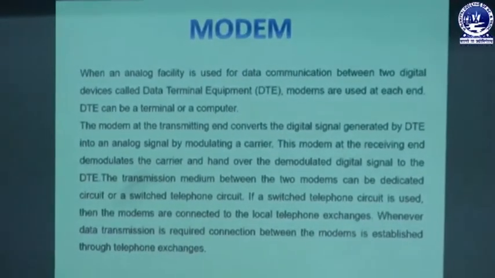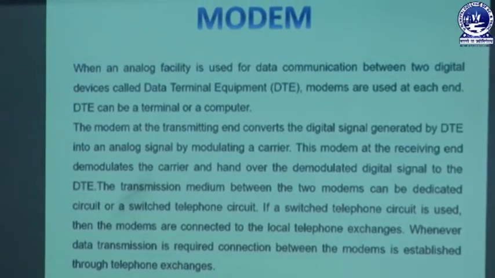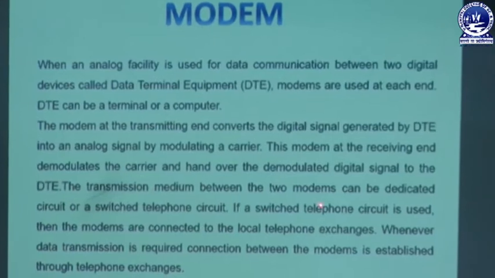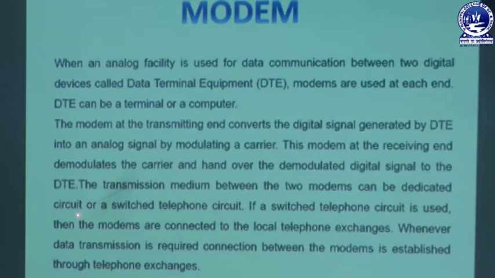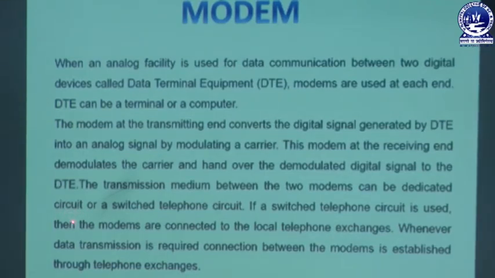The equipment that is required with the modem are the cables and wires. It can be wireless also. In this slide we have already discussed the use of modem in telephone lines. We can connect a modem using a dedicated circuit or a switched telephone circuit. Dedicated circuit means we can create a circuit from one system to another system, and the data can flow through it, and we can also use a switched telephone circuit to send messages from one place to another.